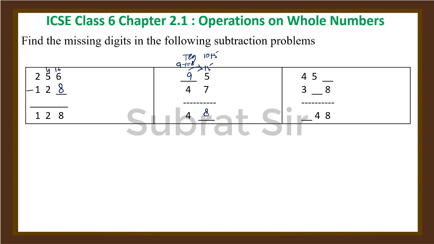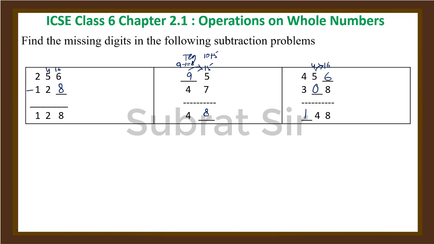Then here in this case, dash minus 8 equals 8. Okay, so again it will be 16. 16 minus 8 equals 8. So in this blank we will write 6. Okay, and this 1 we brought from here. So now here only 4 exists. So 4 minus dash equals 4. 4 minus 0 equals 4. Then this one, 4 minus 3 equals 1. So 6, 0 and 1. Okay. I think you understood this one.